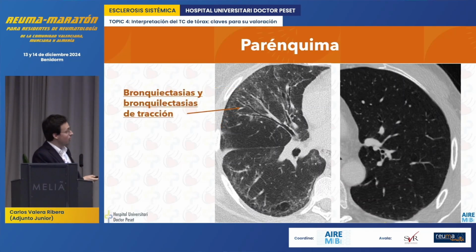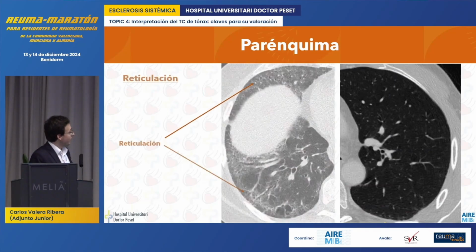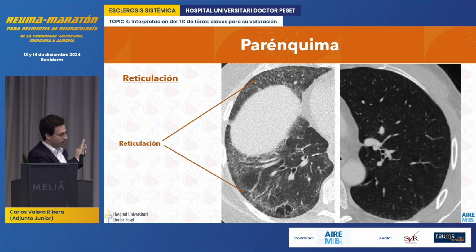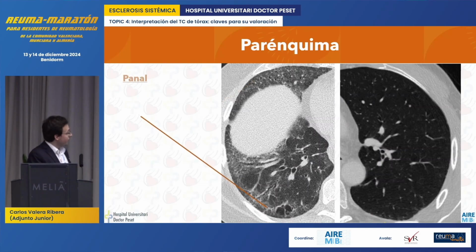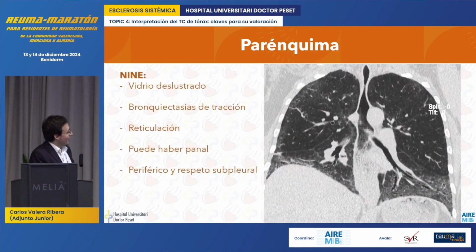Bronchiectasis and traction. Bronchiectasis are this image of the dilated bronchus, which indicates fibrosis. It's the bronchus being pulled by pulmonary fibrosis. We can also find reticulation, which is all this pattern here, blurred, as if they were lines we shouldn't be seeing because the secondary pulmonary lobule should be there. And finally, we can also have honeycombing patterns, which are these images of dilated spaces resembling a honeycomb. There's really no mystery to it. So NSIP would be the combination of these findings,